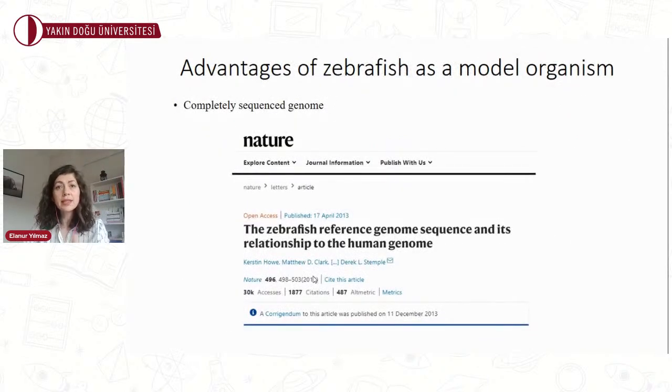In addition to this, zebrafish offers important advantages as a genetic model organism with its completely sequenced genome. The virtually transparent embryos and the ability to accelerate genetic studies by gene knockdown, knock-in, or overexpression studies have led to the widespread use of zebrafish in the detailed investigation of vertebrate gene function, the study of human genetic diseases, and increasingly drug discoveries.